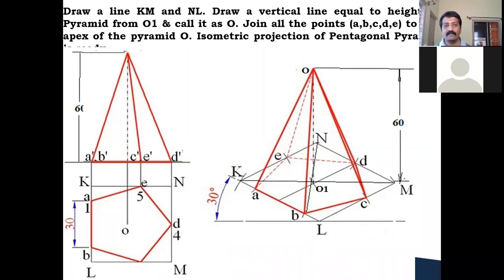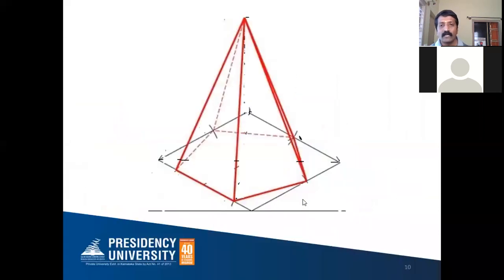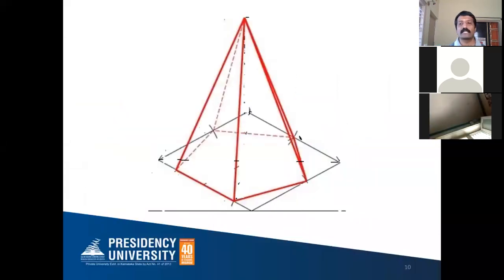For the axis line, that is the center line, we have discussed the types of lines during our basic classes: one continuous line, one dot, one continuous line, one dot. That is the representation of the axis line. After joining all the lines with a light line, finally you need to darken only the visible edges, that is, only the outermost boundary edges or outermost boundary lines.